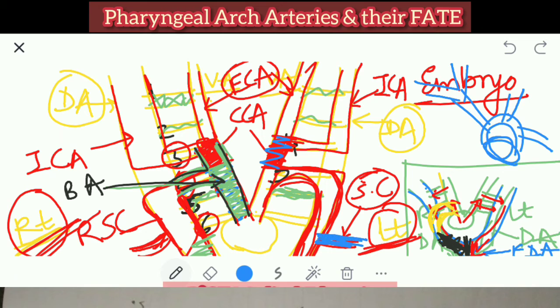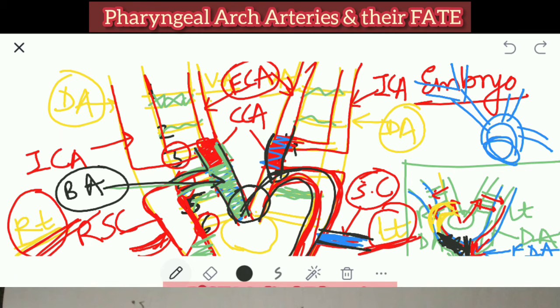Can you see the niche I am drawing? Because this structure, what you are seeing, I will use the black color. This is your arch of aorta. Are you understanding? This is your arch of aorta. So from the initial part on the right side of the arch of aorta, what has come out? The brachiocephalic artery. Then next, what has come out from here? The left-sided common carotid artery. And from here, what has come out? The left-sided subclavian artery. Understood? Have you understood? Simple it is, easy it is.